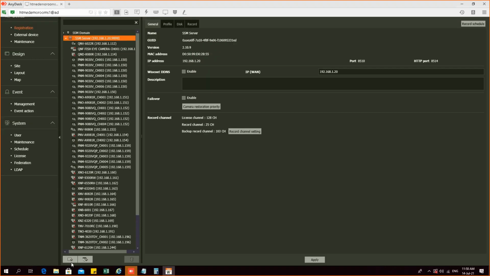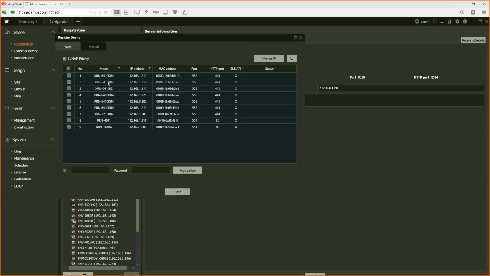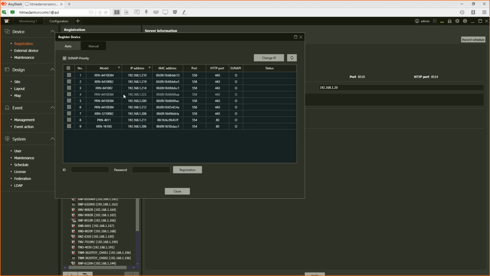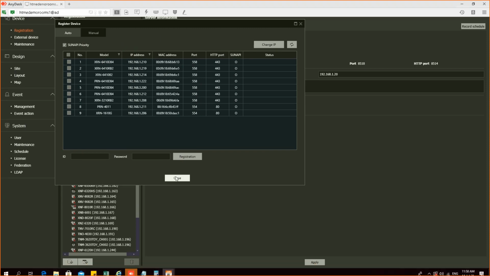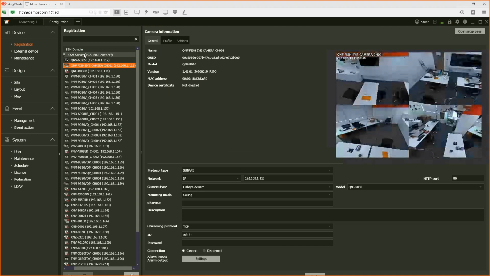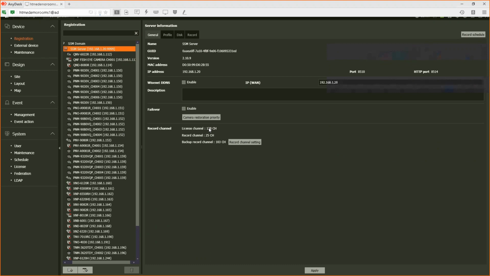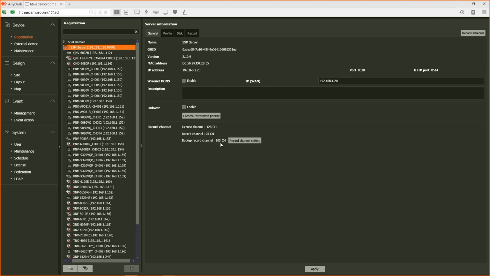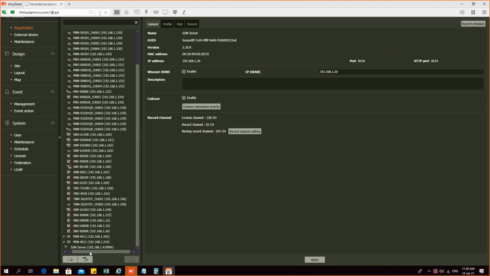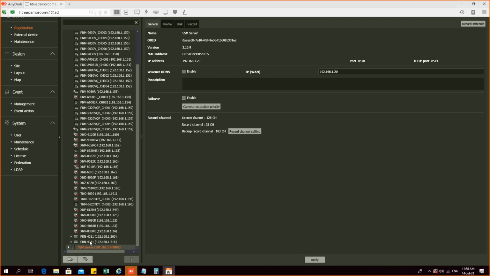If I'm adding an NVR, I don't need a license because the NVR is already recording. I'm just managing it in SSM. So if you're using an NVR, no license. If you're recording directly on the server without any NVR, then the licenses will be used. Currently, 103 licenses are left. I have added 25 cameras. Now I will take server 2.